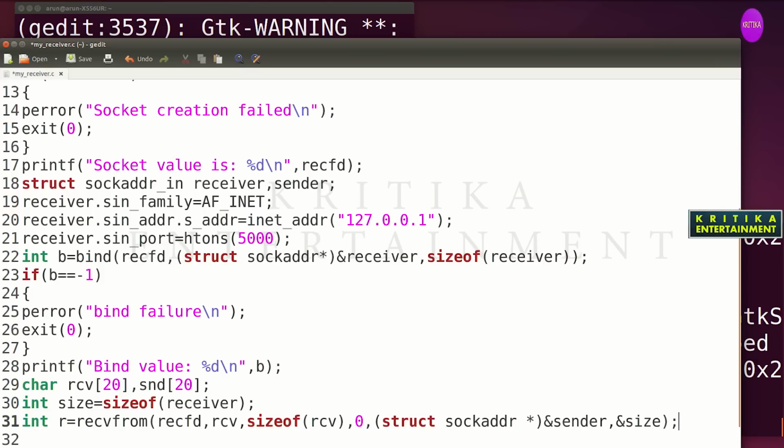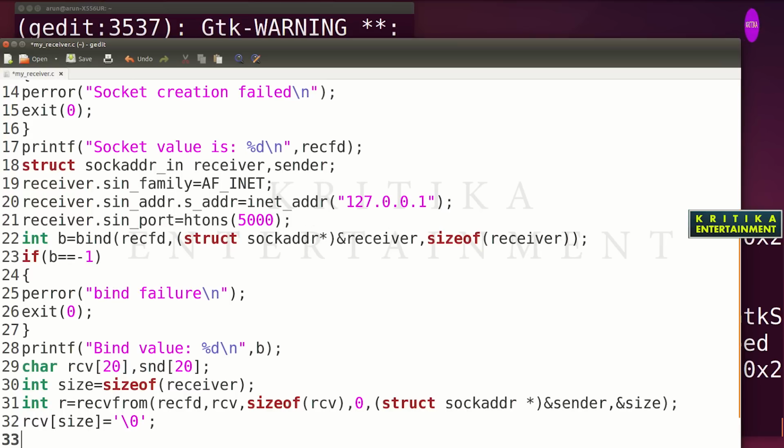Then we will write here RCV, suppose size will be passed, and we pass the null character so that it will return one by one character. So I have made it a string, then printf received from sender, data from sender,